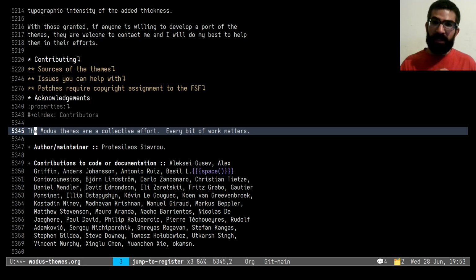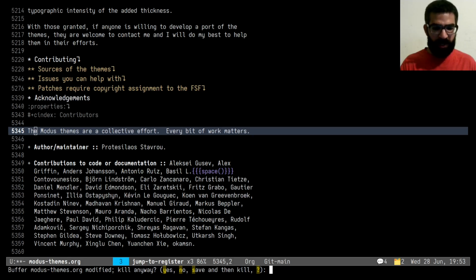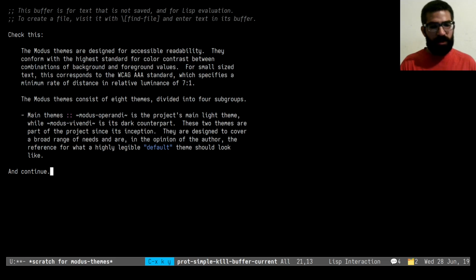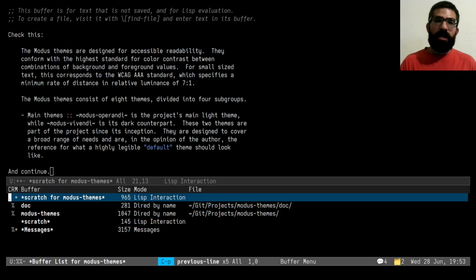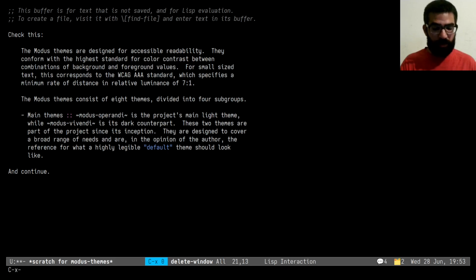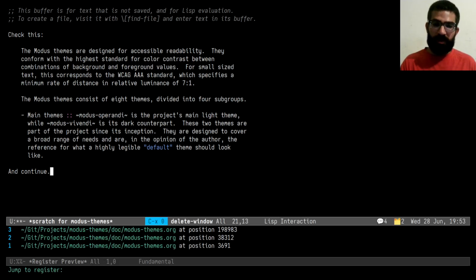Let me now kill this buffer, okay? So I will kill, it's modified, yes, kill it, just like that. So I killed it, okay? It's not available anymore. It's not available in the list of buffers over here. But I will now jump again to the register. 1, 2, 3, you see? These registers are stored at the given position in the given file. The file now is not available in any buffer of Emacs,